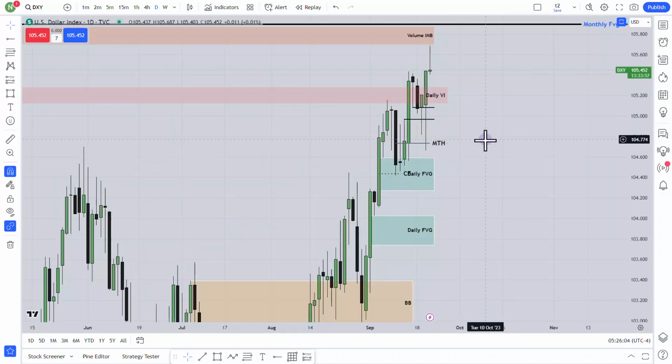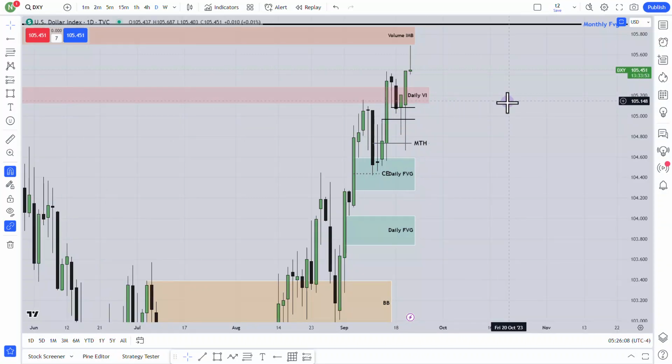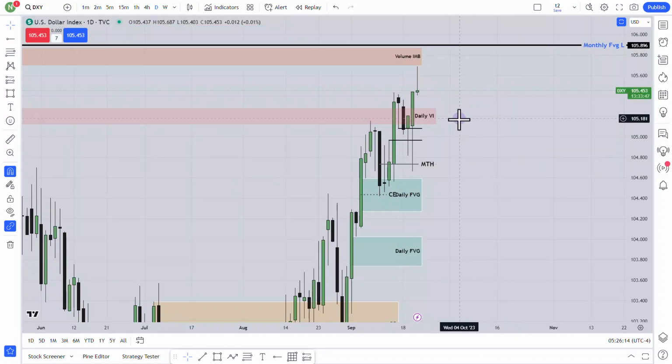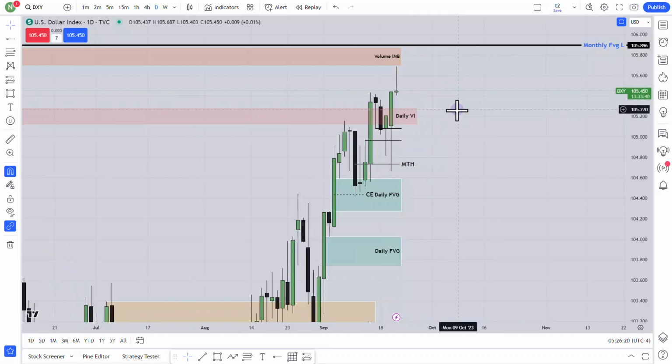After FOMC or this kind of big event, the next morning session, most of the time it's choppy. So, in my opinion, you should stay away from the chart. You can actually read the price, how it delivers. I will do that. And at the evening session, I hope you will get a better setup.